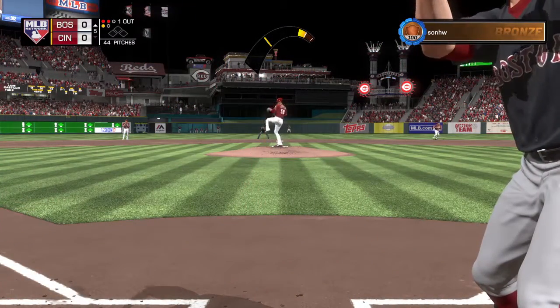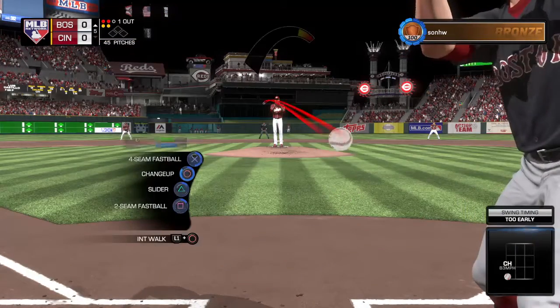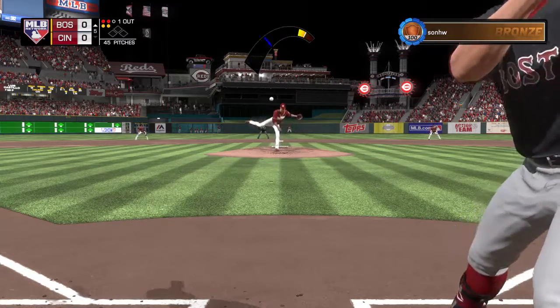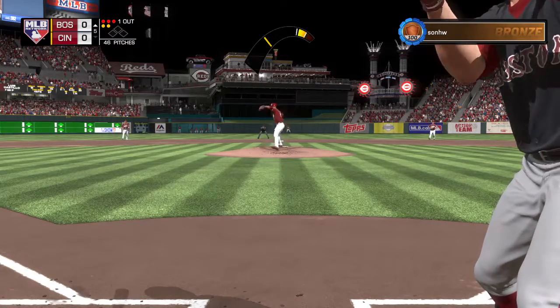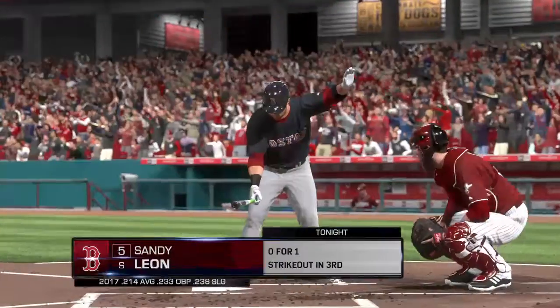Into the windup. Here's the 2-1 pitch. Swing and a miss, out in front of a changeup. Wow, what makes it so tough to be a hitter is hitting change of speeds, right? You're geared up for the fastball, and all of a sudden he pulls the string and throws you the straight change, the dreaded equalizer. And this is swung on and missed, so it's 2 up, 2 down to start the